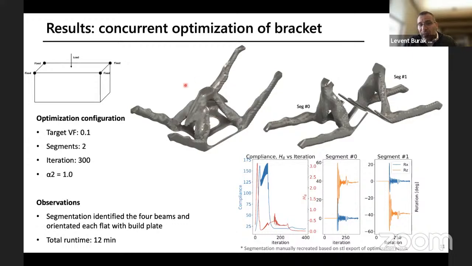So the structure that actually gets optimized, when you actually print it, you will see that there's almost no support structure that's needed, because the part segmentation actually breaks the part into 2 right down the middle, and each part can actually be reoriented, and that best reorientation is determined by the network. And the design of the structure actually meets the minimum build angle nicely, so that no support structure will eventually be needed in order to print this. You may say, well, there's an assembly part to this, which is accurate, and I'm going to get to that point in a few minutes.